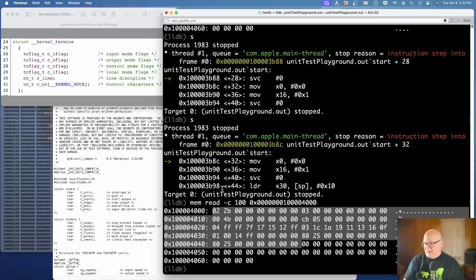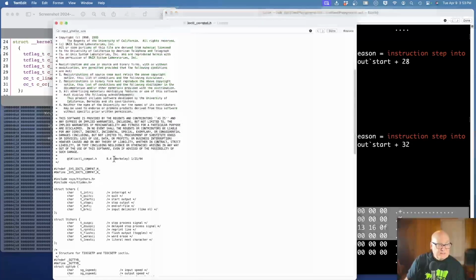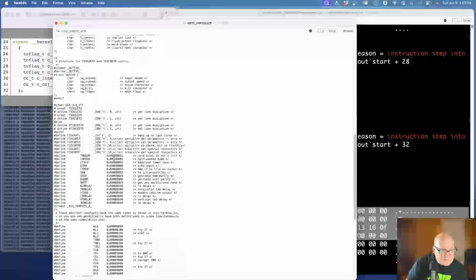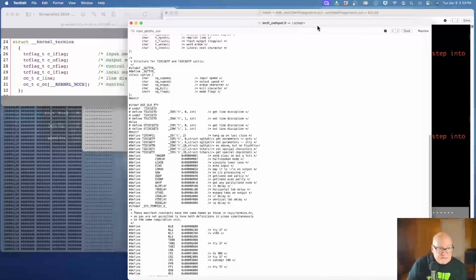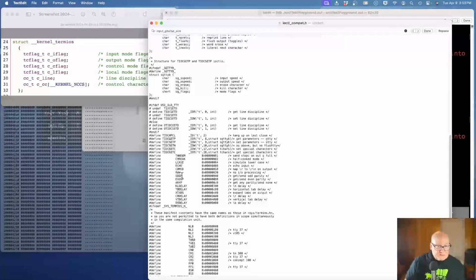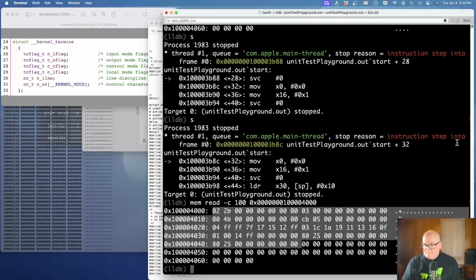All right, but let's find a definition of these flags. I don't think this is, well, no, this does look like it's possibly it. Okay, but the control flags. So I flag, O flag, this control flag is 4B. So that's a 100, and B we said was 1011. Okay, so